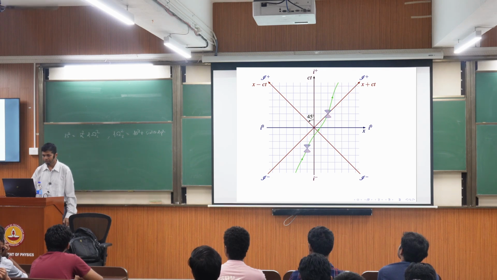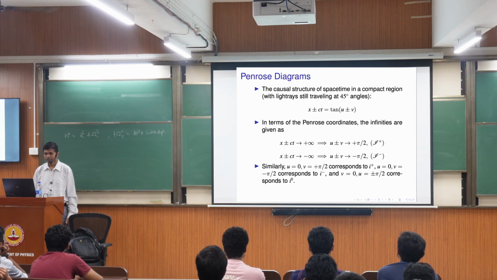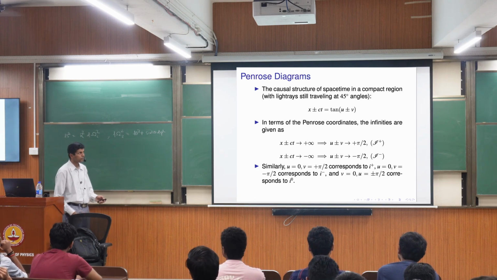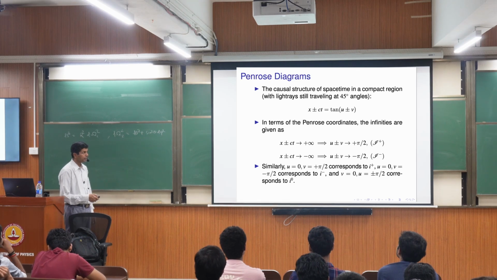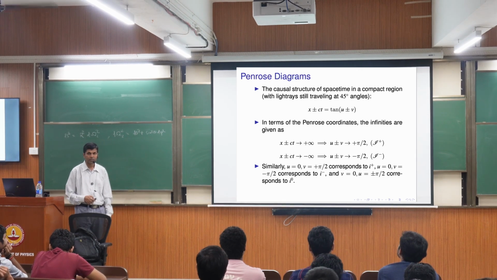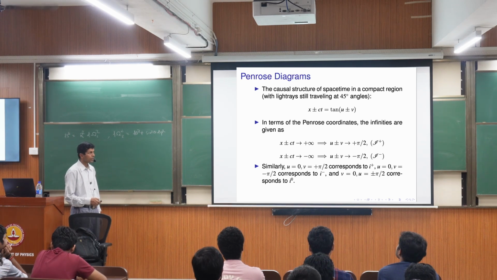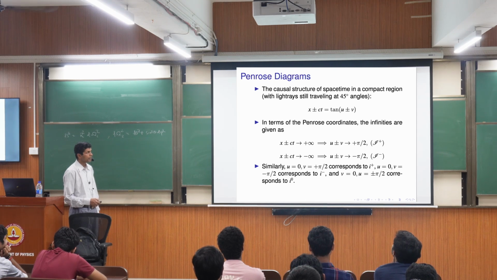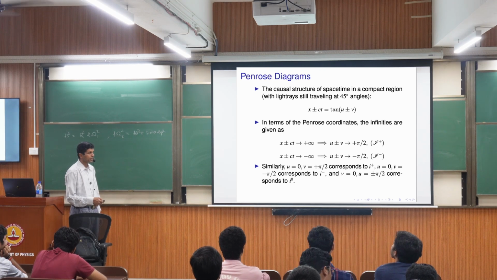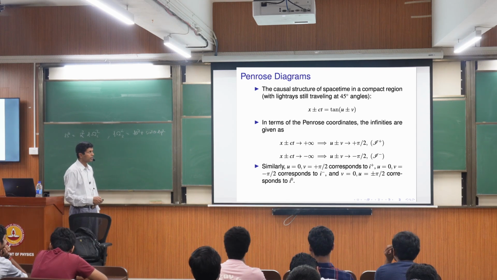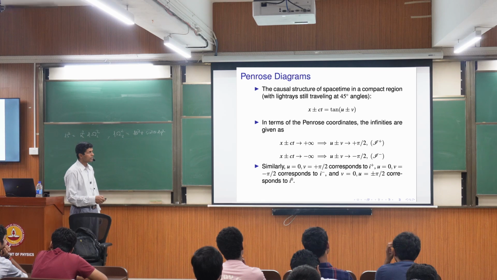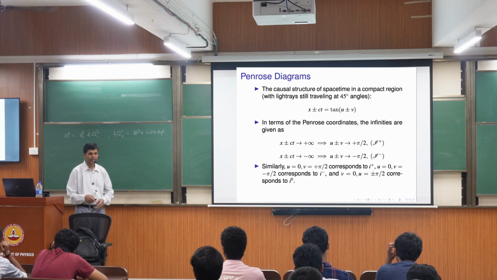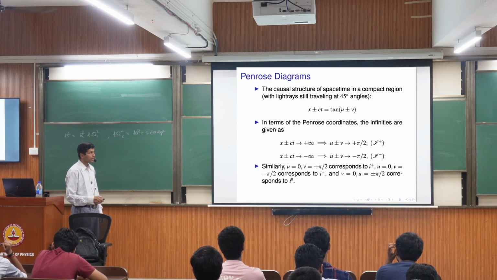Okay, and how do you do that? You redefine, instead of x and t, I am using the coordinates u and v. I am just making a change of variables. But now you see, u and v take values in a finite region. What is interesting about this map is that the entire thing is mapped into a finite region of space-time, and the structure of the light cone remains the same,